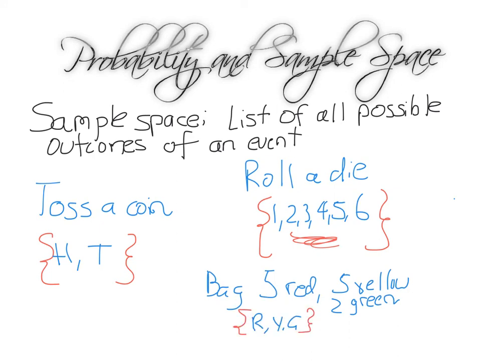So here's the answer. Note, just to save us time, because us mathematicians are a little lazy, we don't need to write out red 5 times because there are 5 red ones. We only need to say the possibilities that will occur. So if I pick one marble, I could get a red, a yellow, or a green. So I only need to write R for red, Y for yellow, G for green. That's it. Nothing more to be done. You don't have to list the same event many times. Even though red and yellow are more likely to occur than green, if we're simply asked to write the sample space, we don't need to include that information. Okay, we'll go through that next lesson.